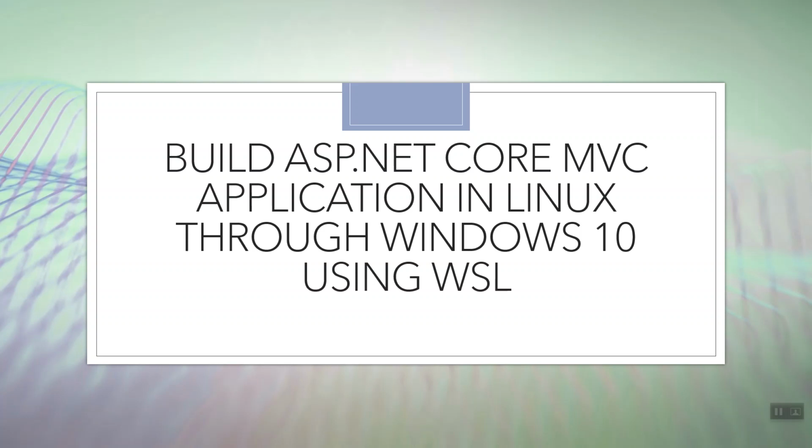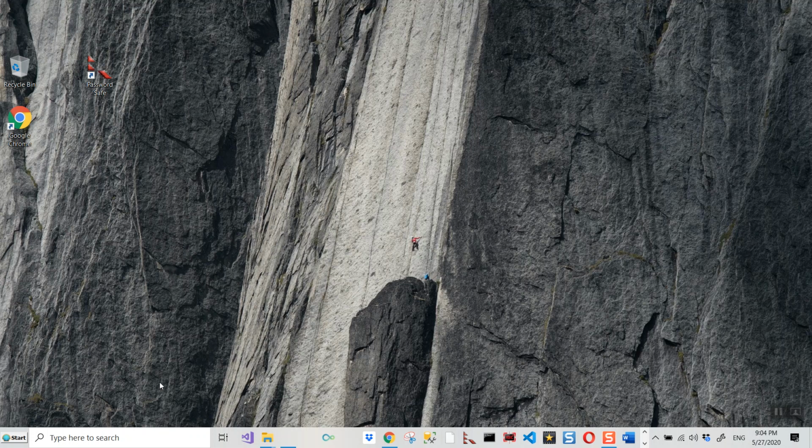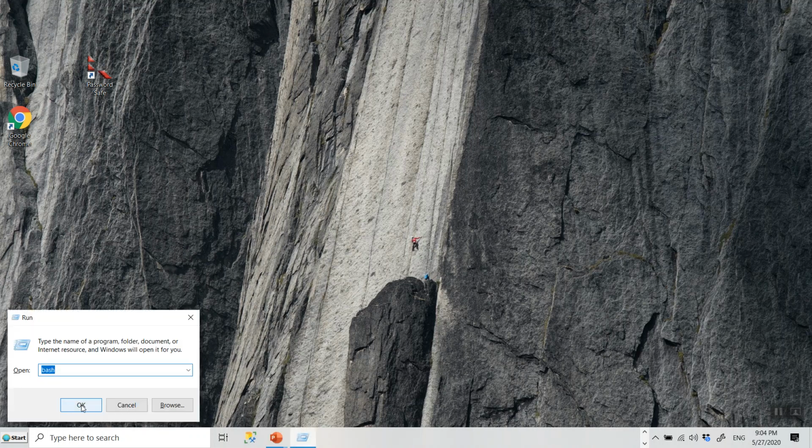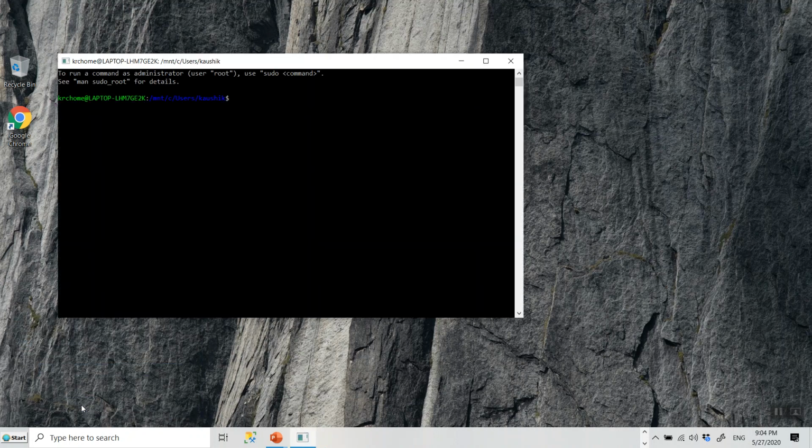So first things first, we have got a few prerequisites. So let's fire up the bash window by hitting Windows logo and R, and let me write bash over here, and that opens the Linux bash command. Okay, so I've got a couple of commands, and running them will ensure that it registers the trusted Microsoft signature key.